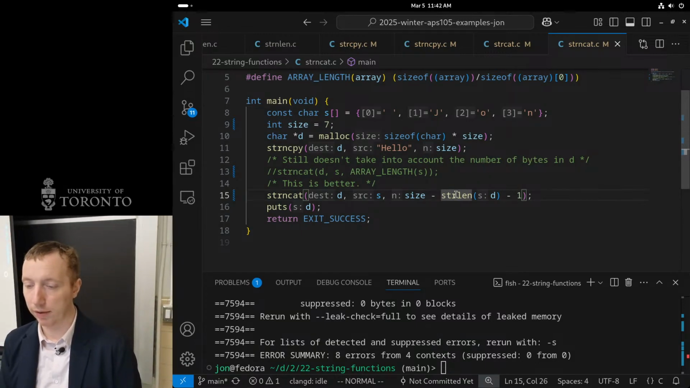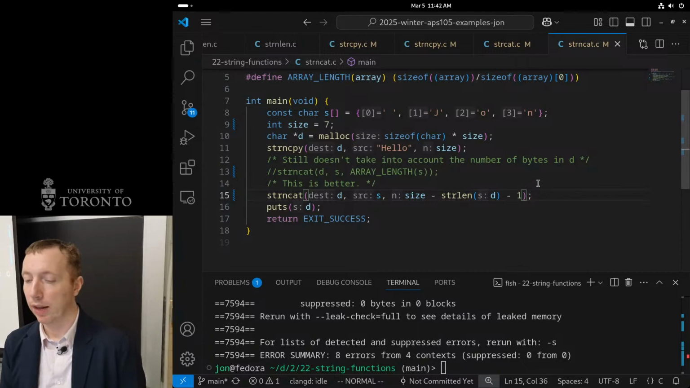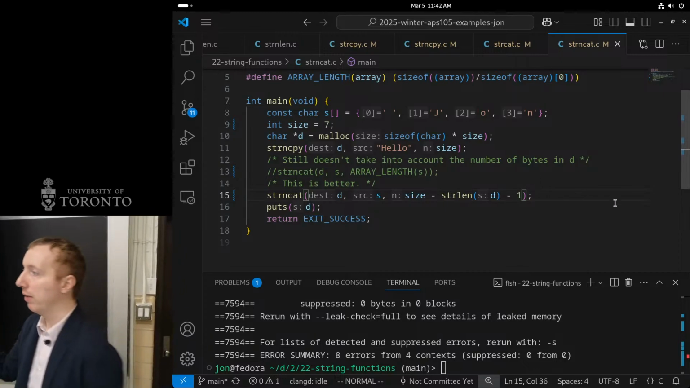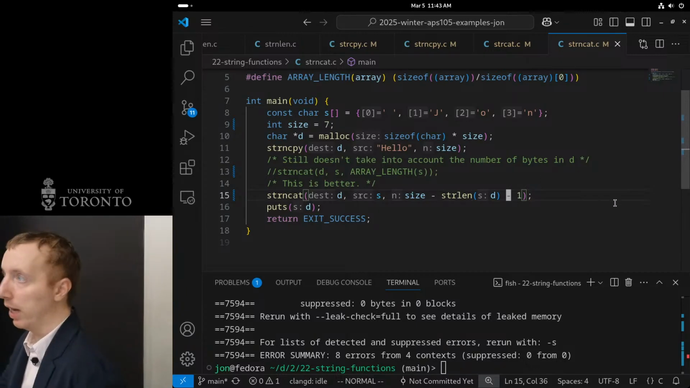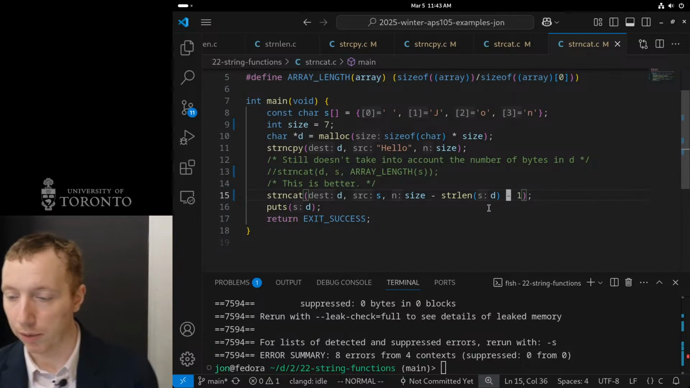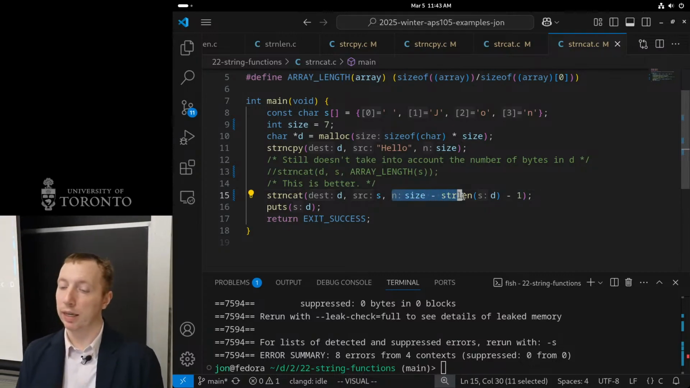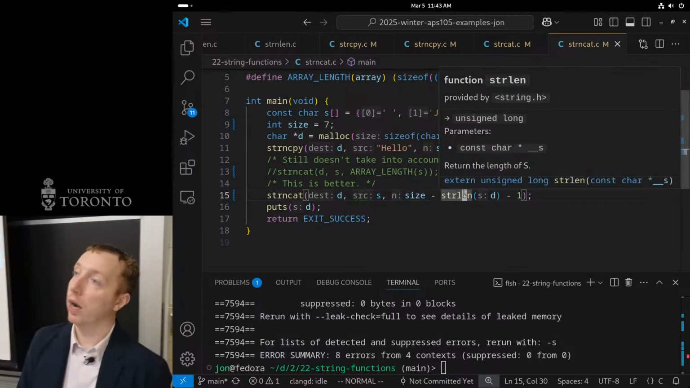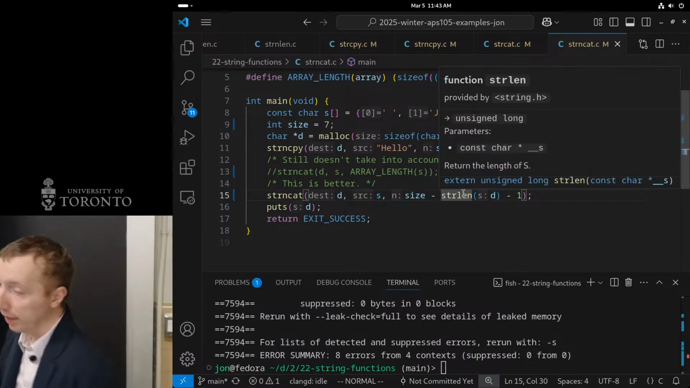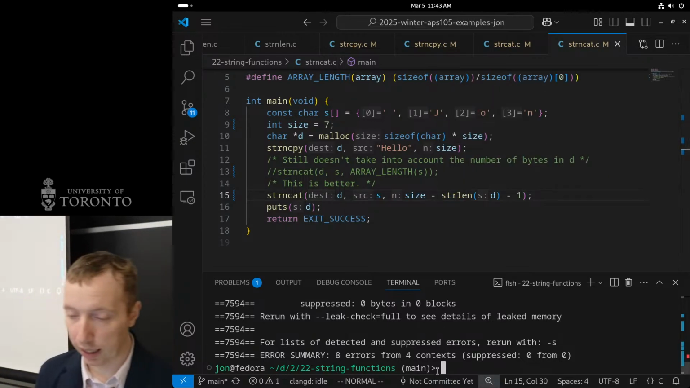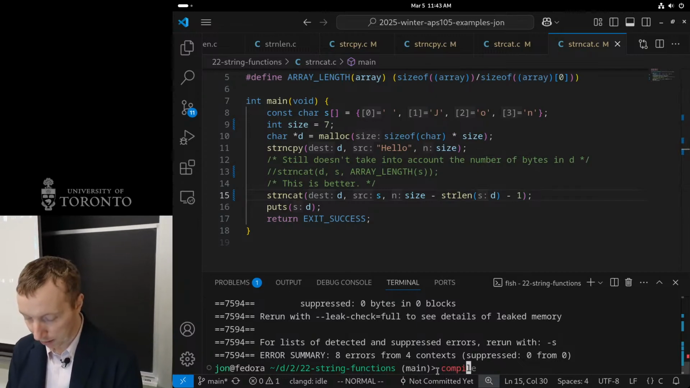So again, that doesn't signify the null character. And then minus 1 because I have to store the null character at the end to actually terminate the string. So this will actually only copy characters from str up to something that is actually safe to store in D. So now if I run this